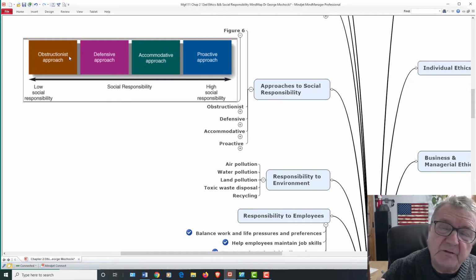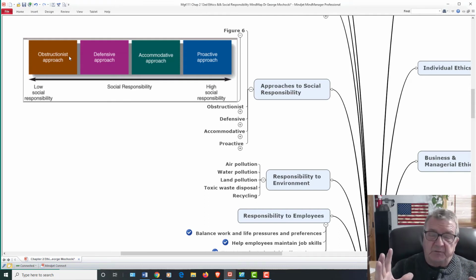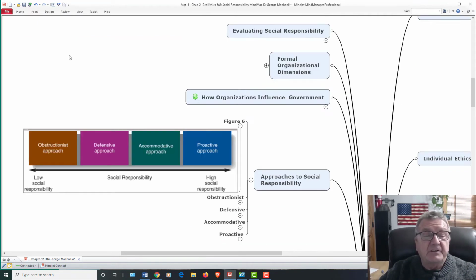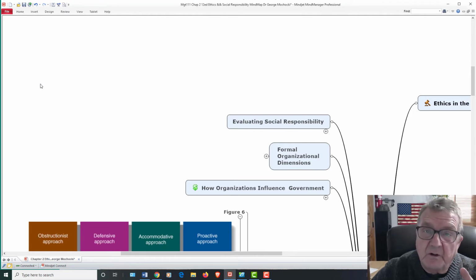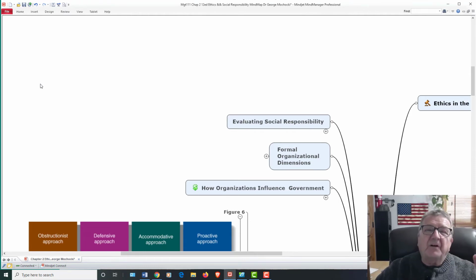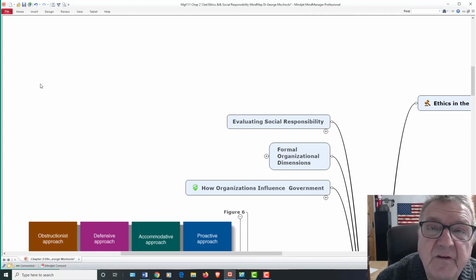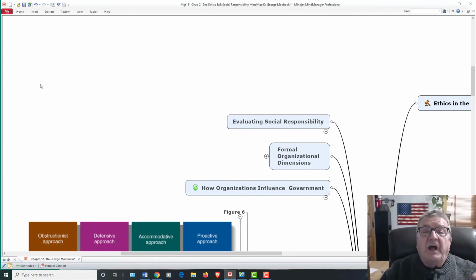Okay, approach it to society responsibility, and I'll look at the figure. I look at whether it is obstructive, defensive, accommodative, or proactive. You want to be in this proactive. You can see that when you look at global warming, or call it climate change. Some people say, hey, there's no climate change. Some say we're going to pass away in 8 years. Okay, I understand there is some, but those are from one extreme to the other, and the truth is in the middle. I understand I have to improve my environment, and I'll do the best I can in my environment.